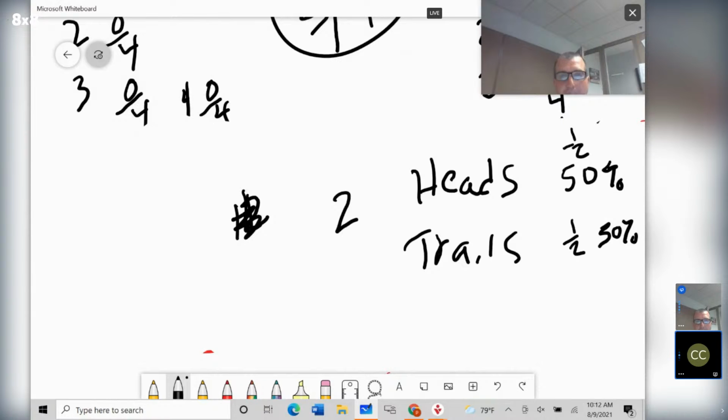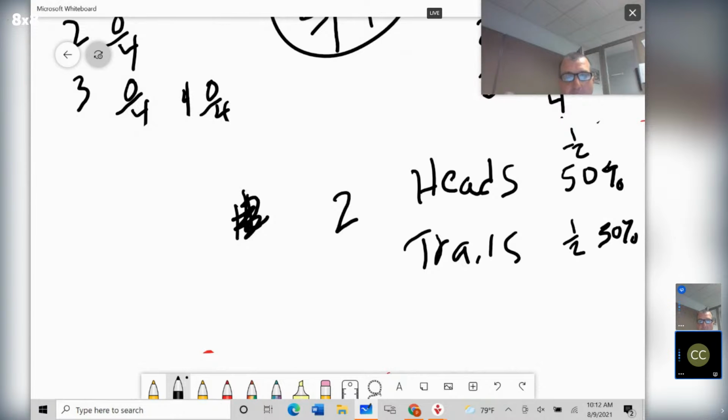Just keep in mind, theory is just without actually trying anything. We're just looking at the numbers. Experiment is actually doing the experiment, whether it's flipping the coin 10 times, with 100 marbles in a bag, putting your hand in and pulling 50 marbles out and replacing them, or with the spinner, spinning it maybe 4 times or 10 times, and it's not going to be even all the time.